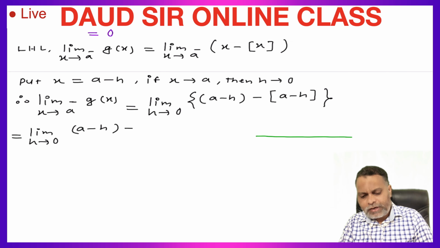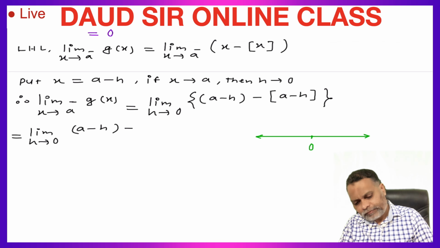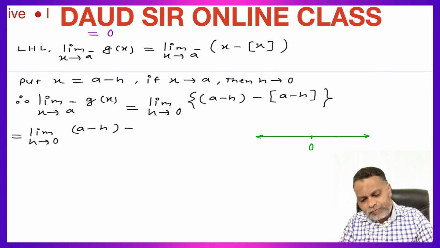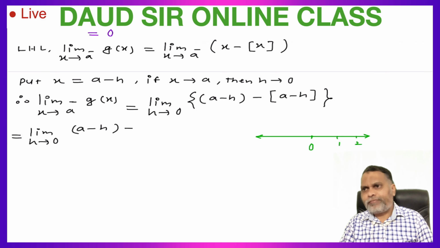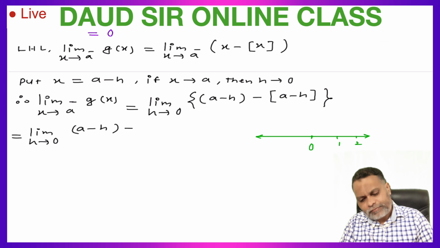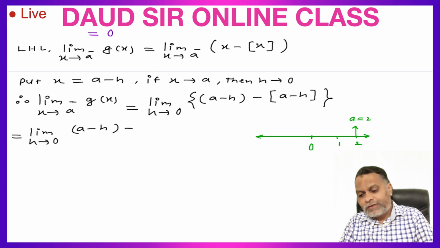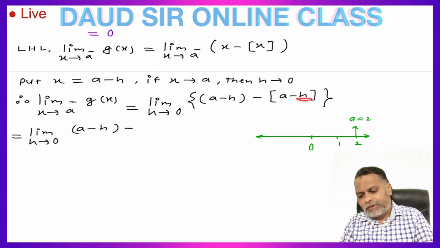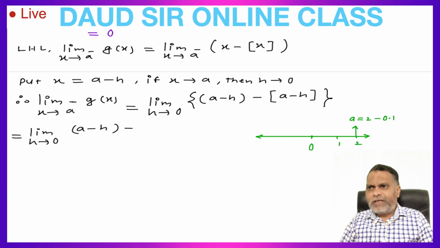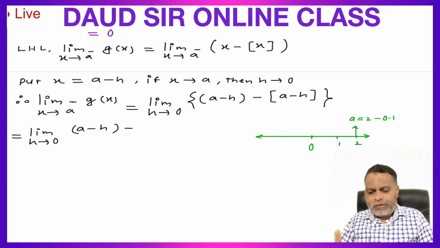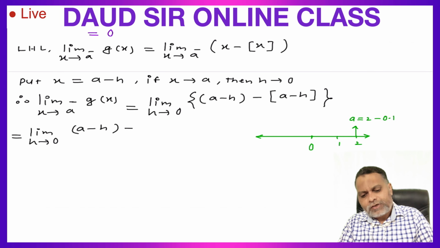Look here on the number line, this is 0 and this is 1, 2, any number we can take. So suppose this a is 2, any integer we can take, a is equal to 2, and this h is a very small quantity. Suppose we subtract this quantity, h is 0.1. H is a very small quantity but not equal to 0. So I considered h is equal to 0.1. Subtract this 0.1 from this,